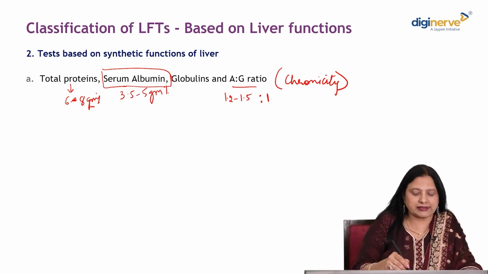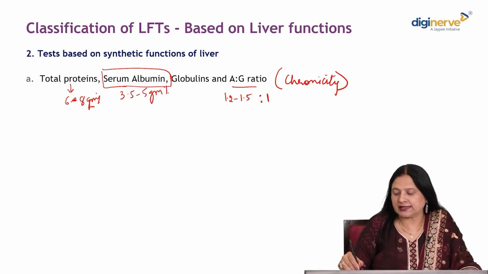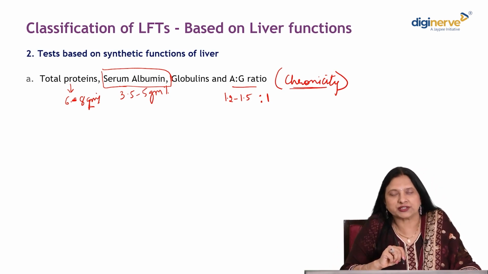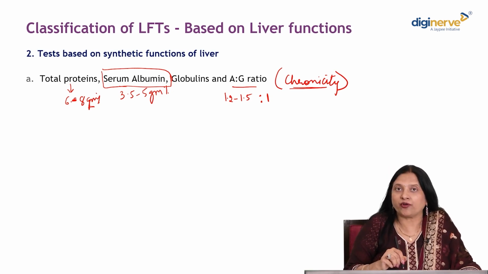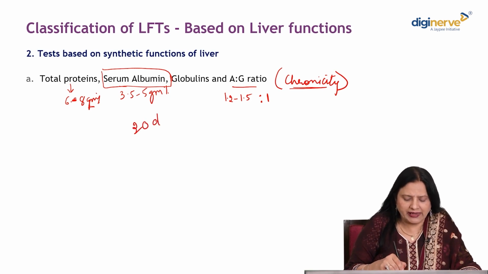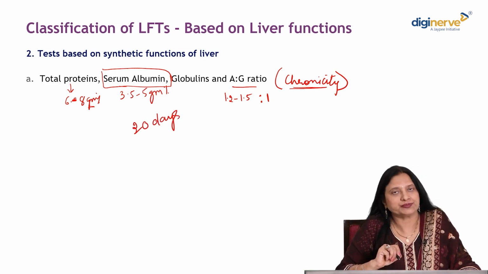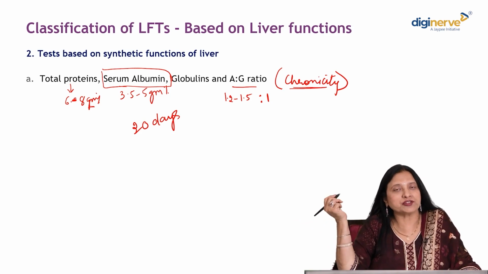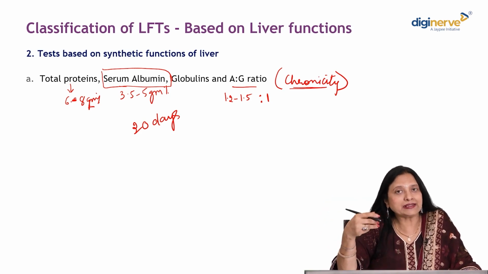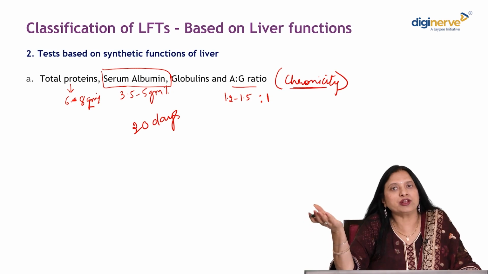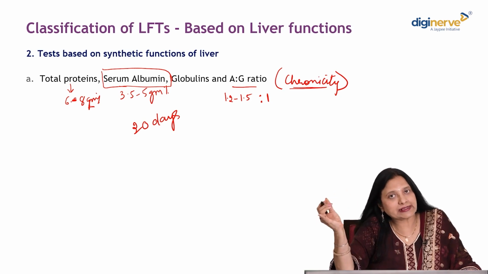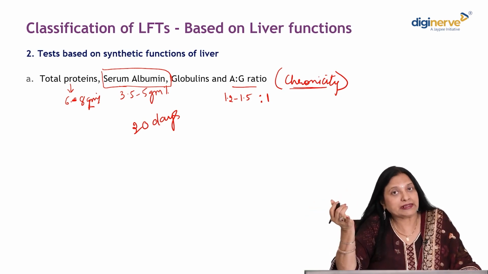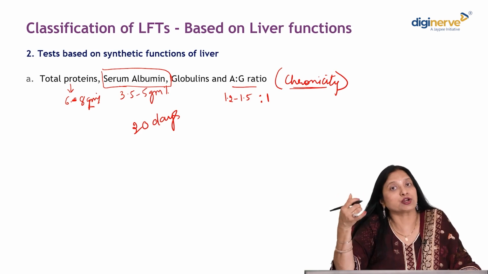Another thing about albumin is that, as I said, it is a measure of chronicity. Why? Because albumin has a half-life of 20 days. So, with any disease of acute origin, will the albumin levels fall down? No, because the half-life is 20 days. So obviously any disease which is of longer duration will only be reflected by hypoalbuminemia. That is why we say it tells the functional mass of the liver capacity. Secondly, it tells us about the chronicity.